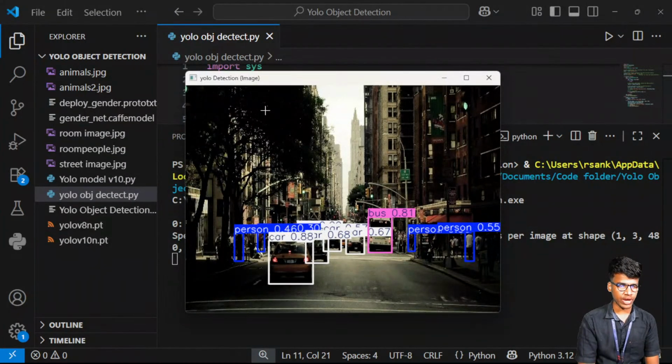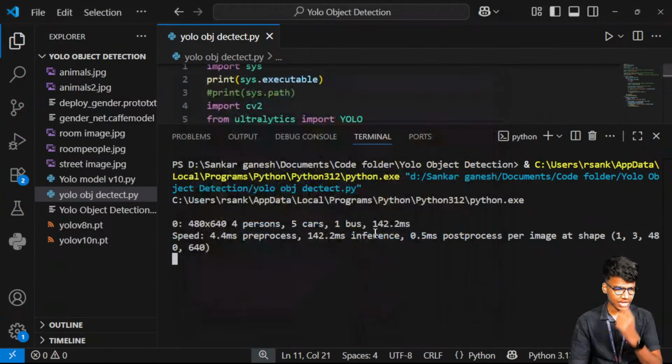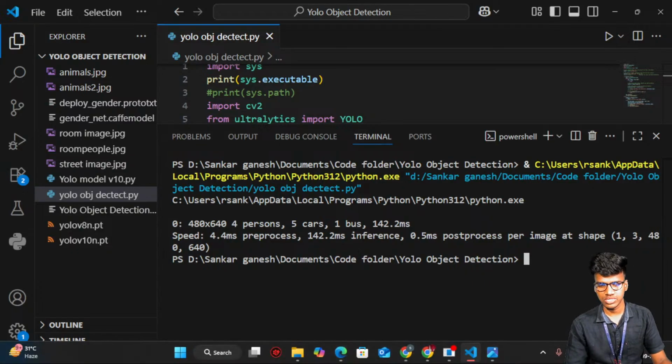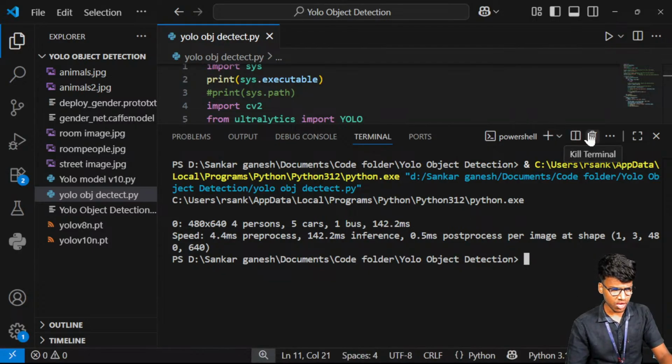So you can see some kind of person has to be detected, and 3 to 4 cars have to be detected, 1 bus will be detected. One here we cannot see, which means we can check it here. So 4 persons, 5 cars and 1 bus, this kind of object is properly detected because of the accuracy of the particular ranges of the particular objects. Okay, so this is the way the object detection has to be done. So this is image-wise.